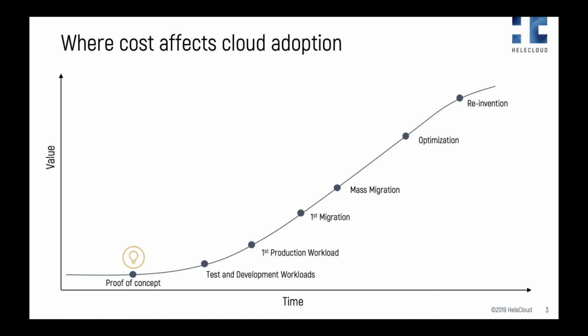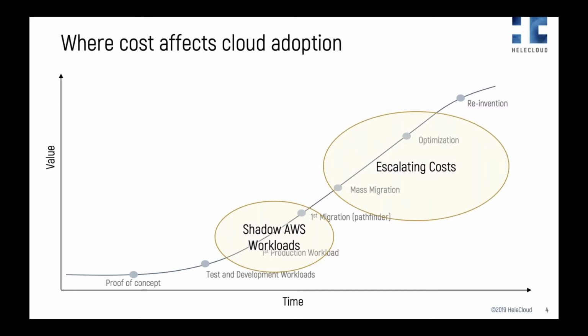But because it's so easy to start small in the cloud, simply using a credit card, it's also super easy for a shadow IT bubble to form as different groups in the organization start using the cloud in an uncontrolled way. As you start migrating production workloads to the cloud, and then enhancing those workloads and adding brand new applications, you may find your costs are escalating unexpectedly, unless you put in place good governance and financial control.